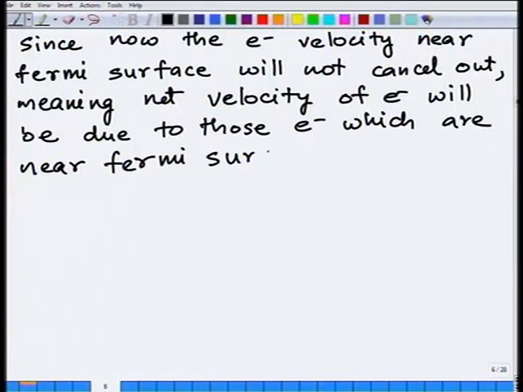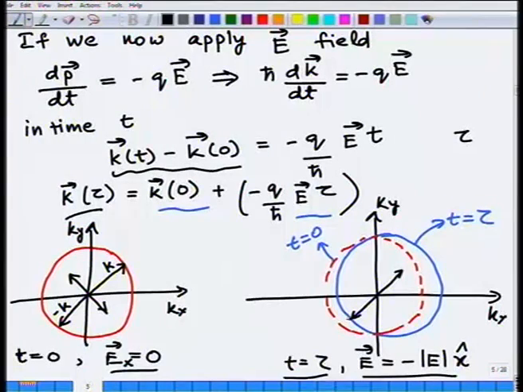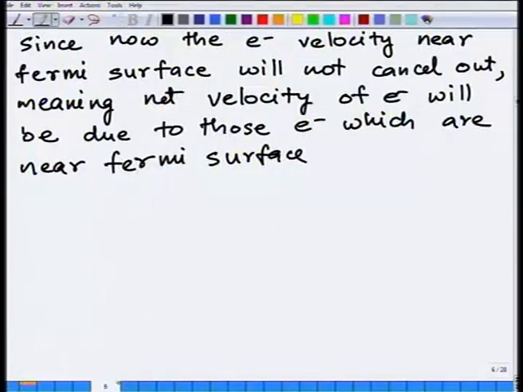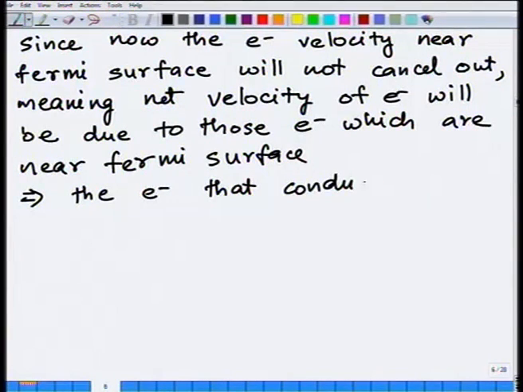What does that mean? Let me repeat what I said again. I said that most of these velocity, like here this k component will cancel out with this minus k component, but now there will be those k's which will not cancel out, and those k's will be the ones which lie on the surface, which are not going to cancel out anymore. So, what do we see? That the electrons that conduct are ones near the Fermi surface